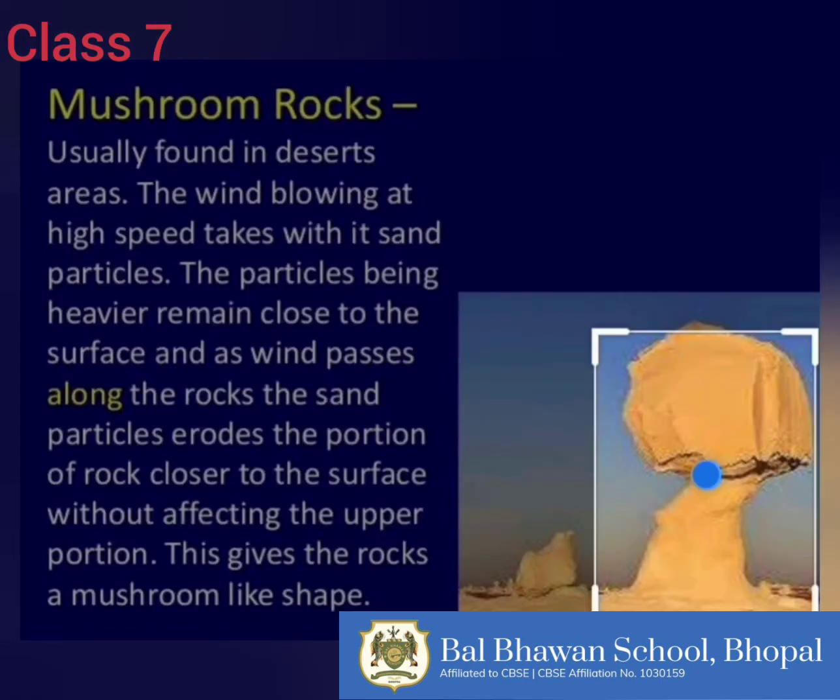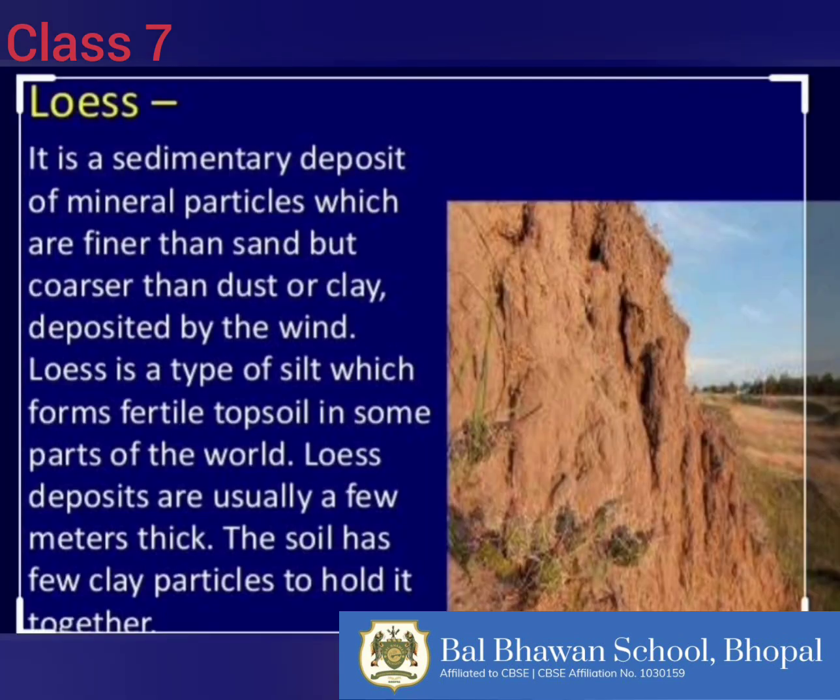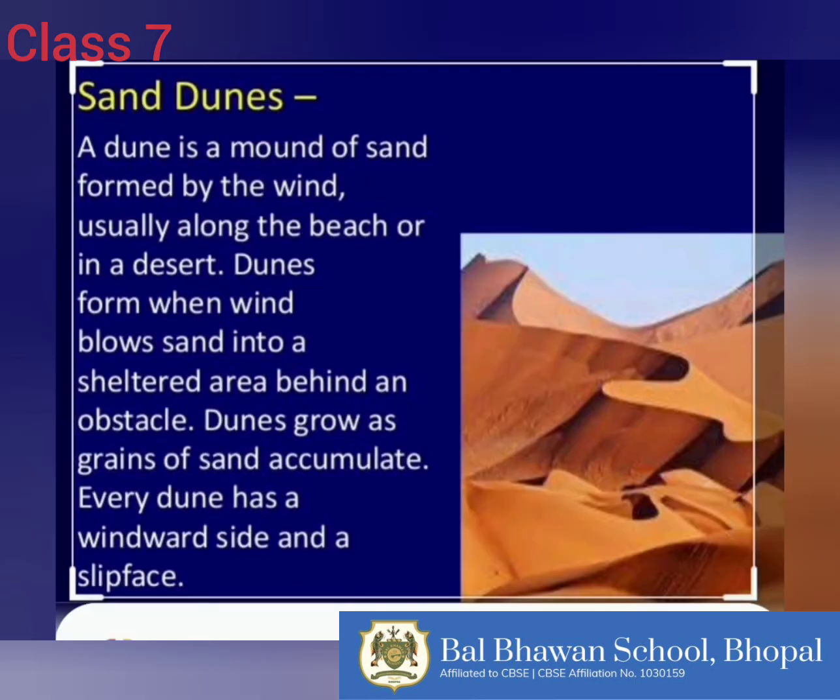The depositional work of wind starts when its speed declines or some obstructions like trees, bushes, forests, buildings, etc. come in its way. The fine dust particles deposited extensively are known as loess. It is porous and rivers cut deep valleys through it. The most extensive loess deposits are in North China. The quartz particles are deposited in the form of hillocks known as sand dunes.